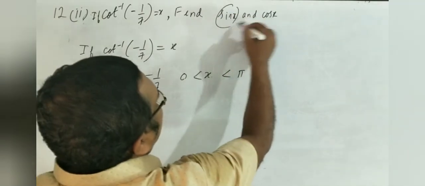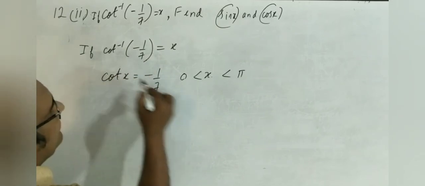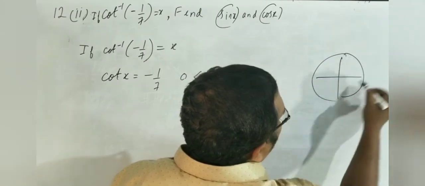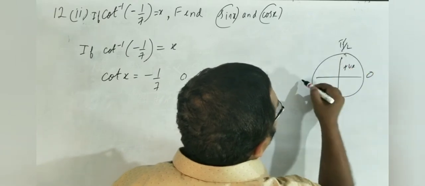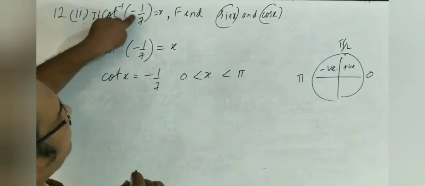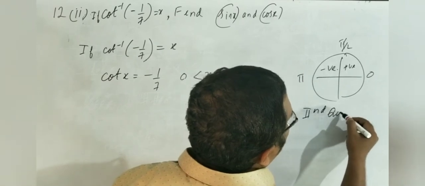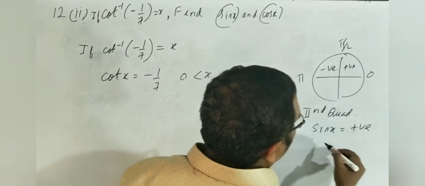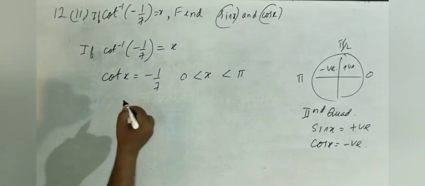I have to find again sin x and cos x. So here, for cot inverse x, it is from 0 to pi. That is 0 to pi by 2, positive, and pi by 2 to pi, negative. This is negative. Therefore, in second quadrant, sin x is positive and cos x is negative. So,